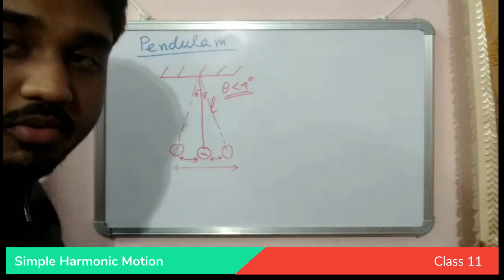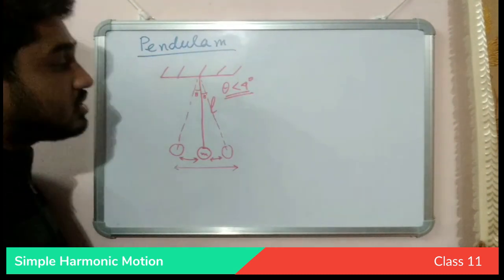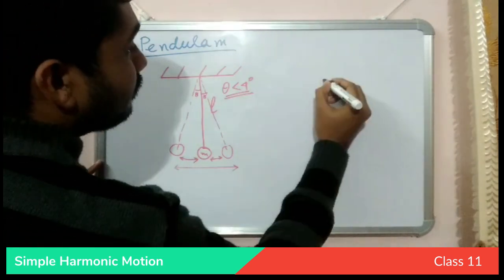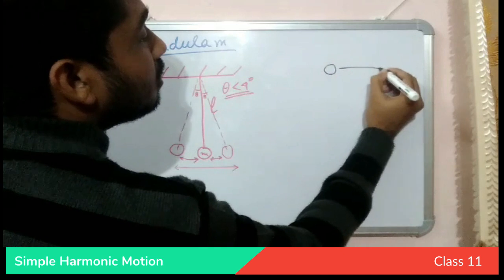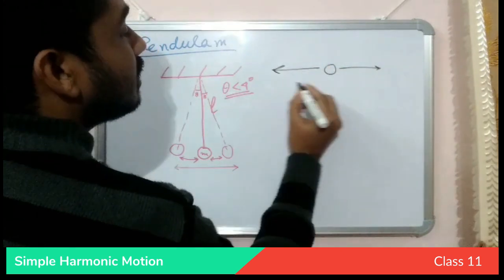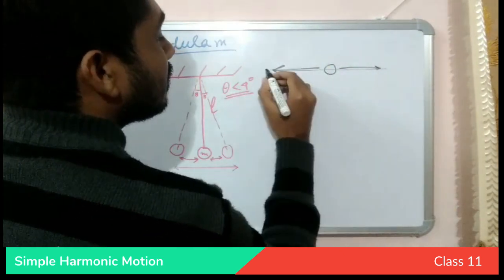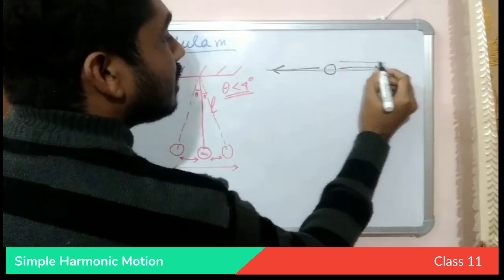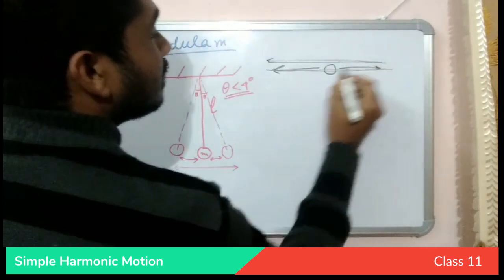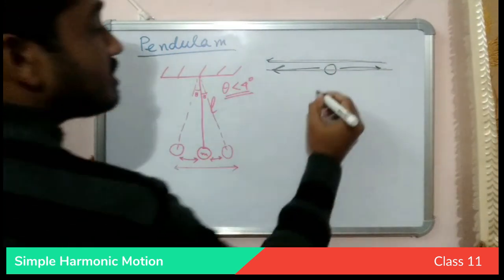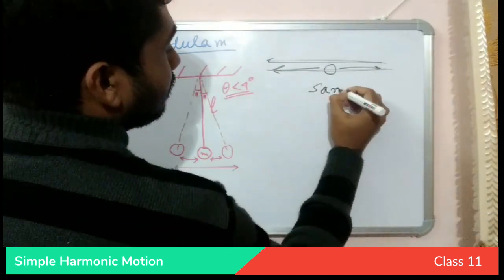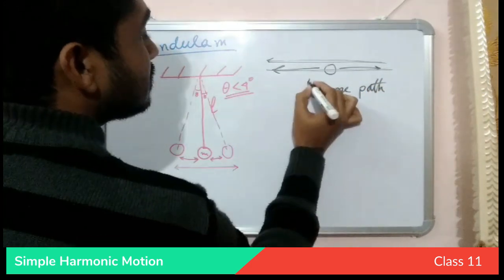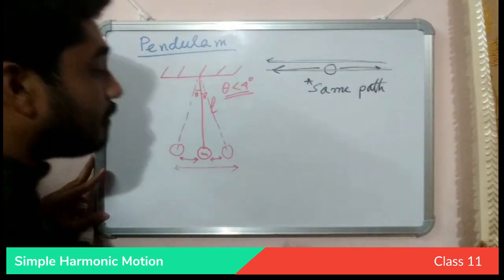In this pendulum problem, the most interesting thing is that this bob is moving to and fro in the same line. The line is the same. It is going along this line and returning along this line. So the path is the same. Same path. But in the periodic motion,